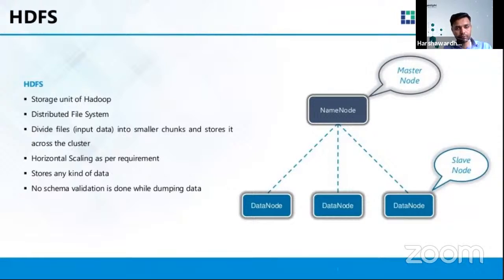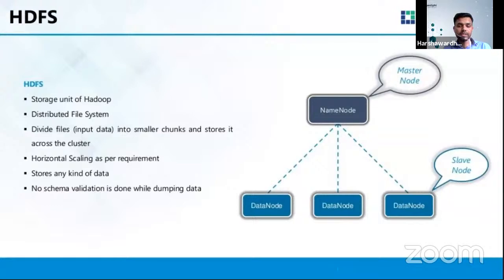Again, in HDFS, if you see, there are 2 other components. There are 3 components, we'll talk about the third one later. But here you can see there are 2 important components when it comes to HDFS. Remember this, mark it somewhere, note it somewhere. In HDFS, there are 2 more components. The first one is the master node, that is the name node, and the second one is the data node.